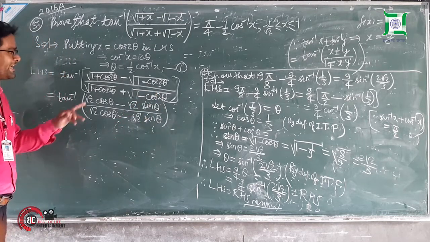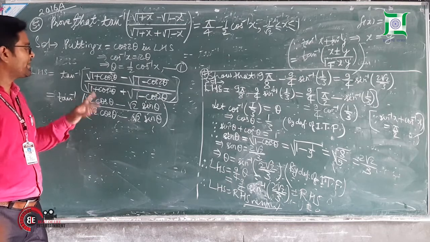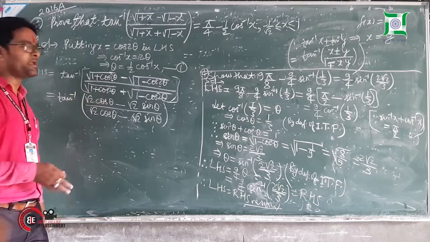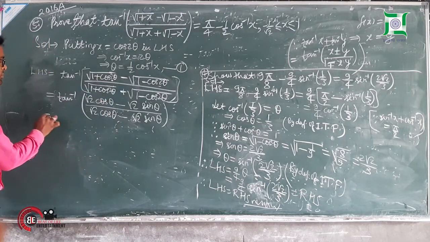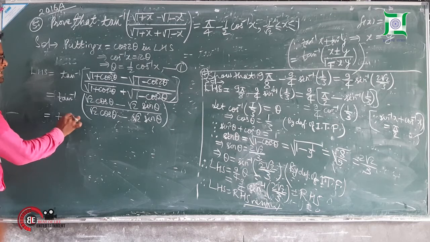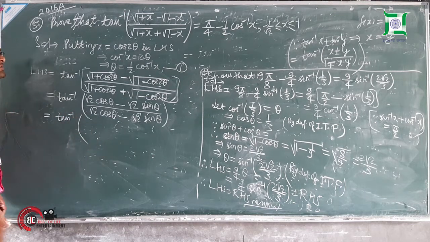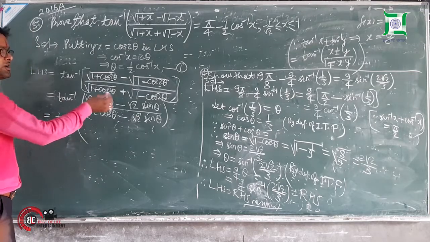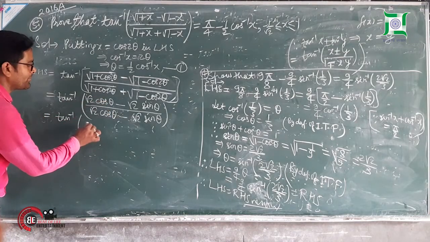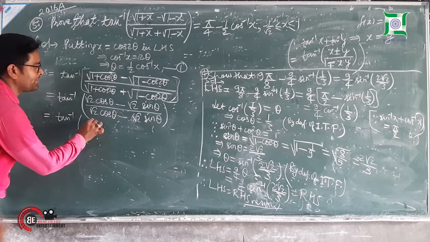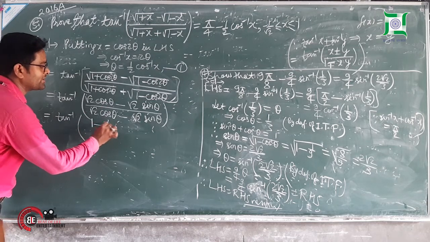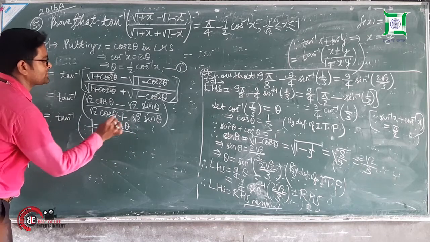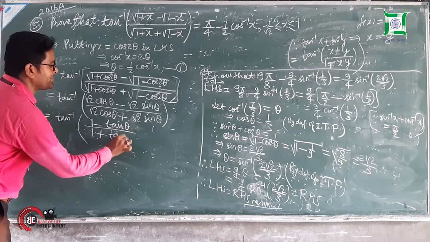Now can you convert it? Root 2 divided both sides. Cos theta, let us divide the numerator and denominator both by the same root 2 cos theta. So tan inverse, if you divide, what will you get? Dividing numerator and denominator both by root 2 cos theta, you will have cos theta by cos theta, which is 1. So 1 minus tan theta by 1 plus tan theta.